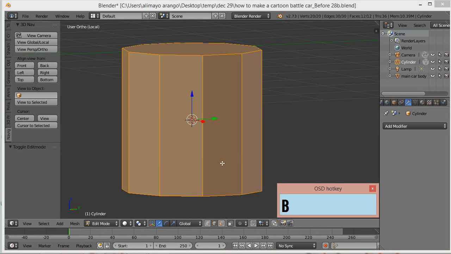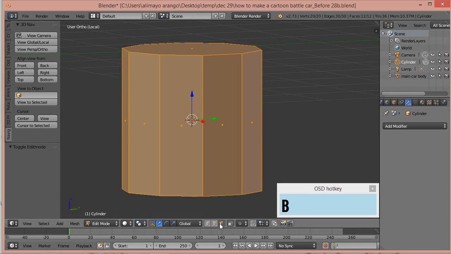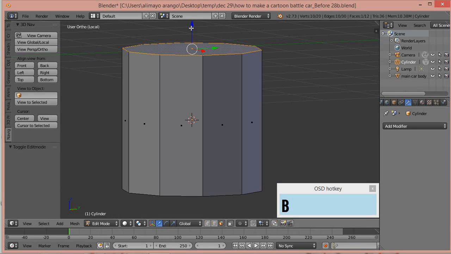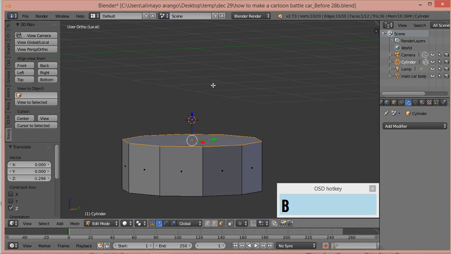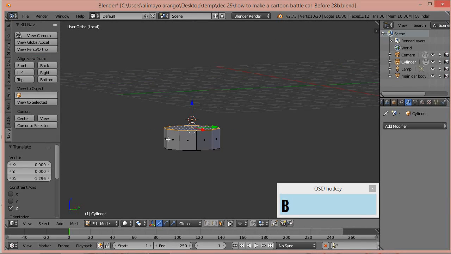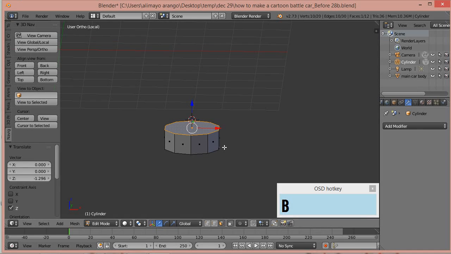So in local ortho mode, what we're going to do is select face here. We're going to select here, and we're just going to push this down like this. I'm going to roll back my mouse wheel. I'm going to hold the mouse button to turn. I'm going to press R to rotate on the Y-axis, 90. Whoops. You see that right there? Because I only had the face selected,